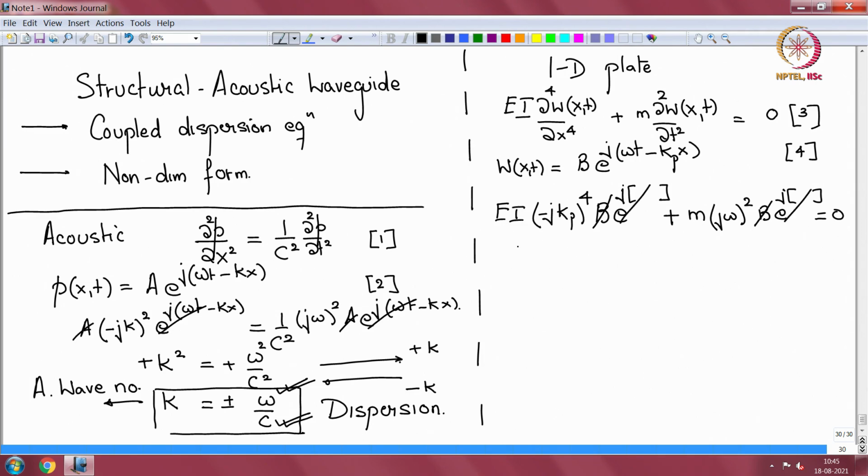Okay. I have EI kp to the fourth power is equal to m omega square. This is also a dispersion equation. Okay. This is number, let us say 5. So, I have kp fourth, the wave number in the 1D plate, given by m omega square by EI, or kp given by